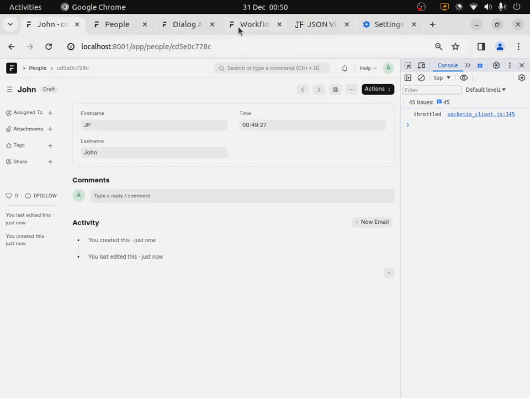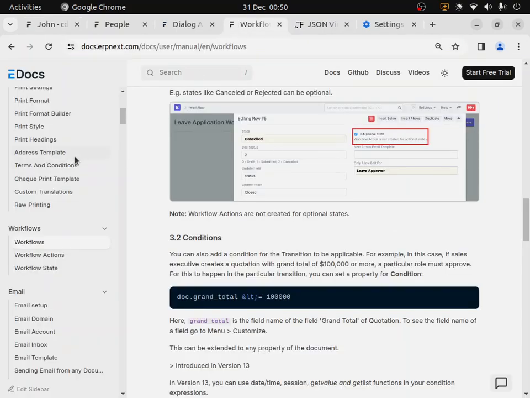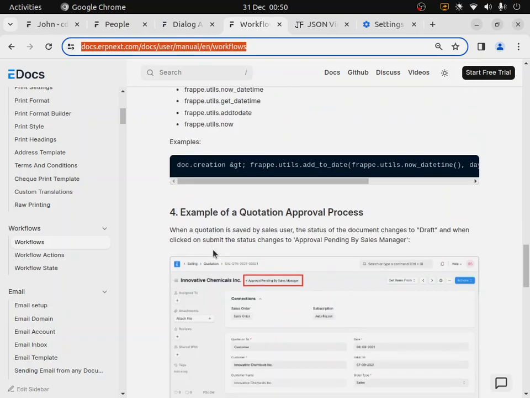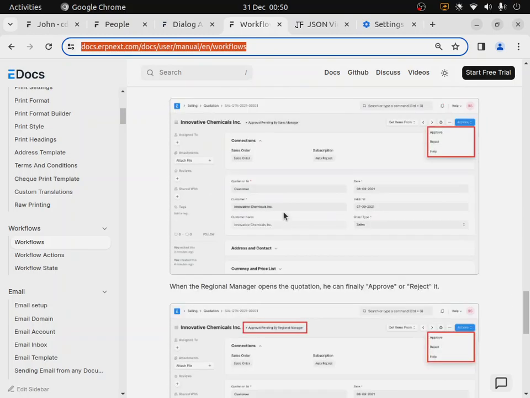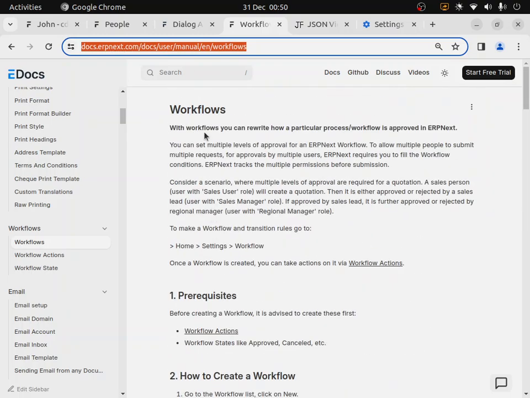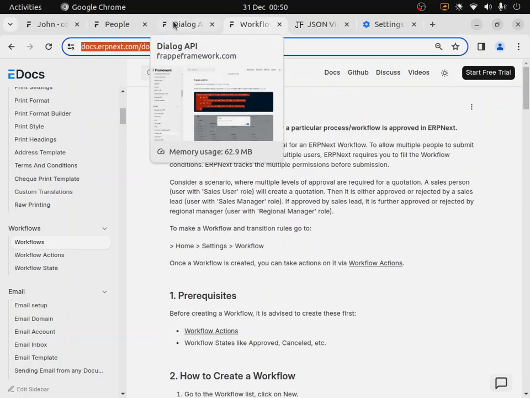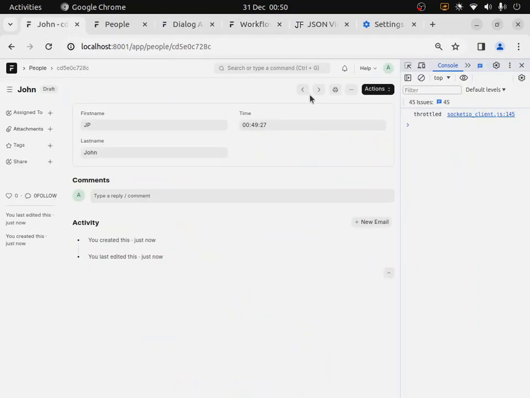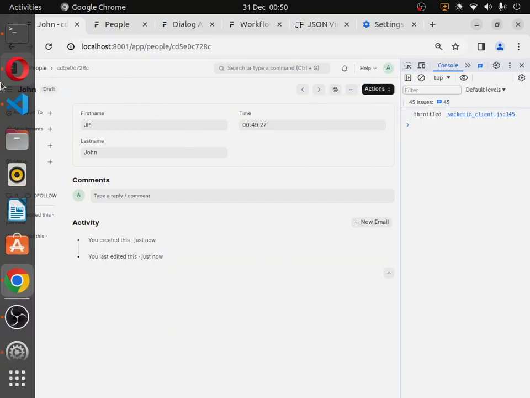You could read more on the workflow action or the workflow itself from docs.erpnext.com, where you have a set of states and transitions. I'll dive straight into development, and what we intend to do is to override this by adding a confirmation button. After that, we'll do a background confirmation, where maybe you could add some logic before you proceed. We'll head straight into